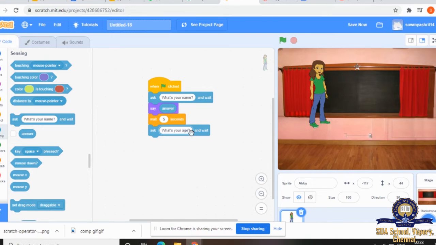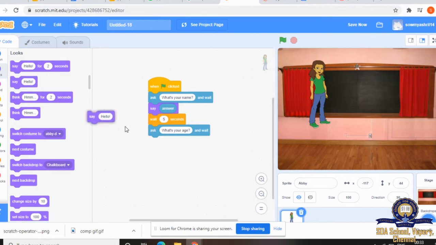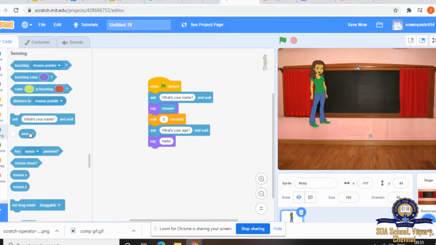Then again she is going to wait, and I'm going to say the answer. So go to looks, say, again sensing block, answer. Now what do we have to do next?